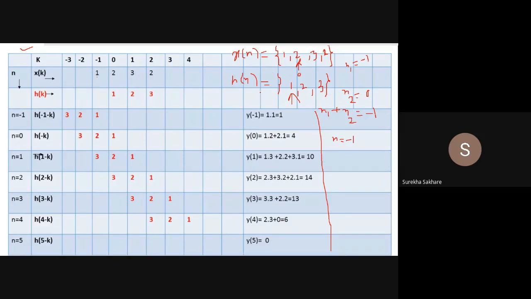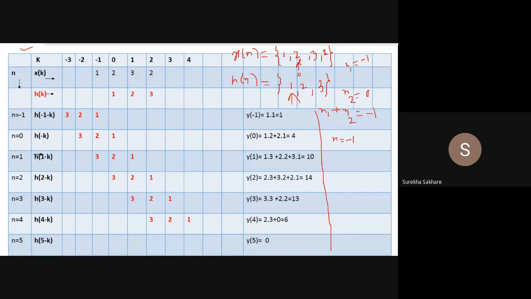Now folding h of n is more beneficial. Why? Because only 3 samples get flipped, here there are 4 samples. So whichever is of smaller size, or whichever has a 0 start, by default we start with that folding. Okay, so we are going to fold h of k. So x of k is obtained as